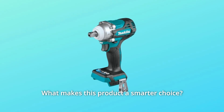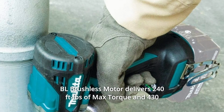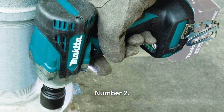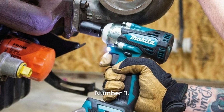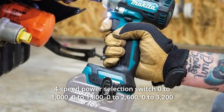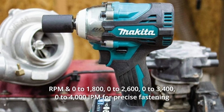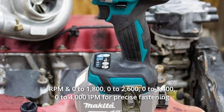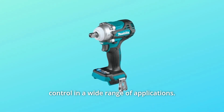What makes this product a smarter choice? Number 1. BL brushless motor delivers 240 feet-pounds of max torque and 430 feet-pounds of nut-busting torque. Number 2. Compact and ergonomic design at only 5 and 5/8 inches long. Number 3. 4-speed power selection switch: 0 to 1000, 0 to 1800, 0 to 2600, 0 to 3200 RPM, and 0 to 1800, 0 to 2600, 0 to 3400, 0 to 4000 IPM